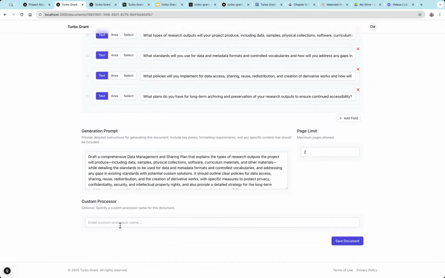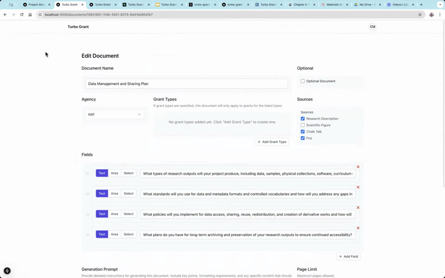And then the last field is a custom processor here. This is where we've completely designed a custom flow in the code base because there is a lot of detail and steps involved. For instance, the project description, which is very long. So that is how we've approached documents. And then for grants,